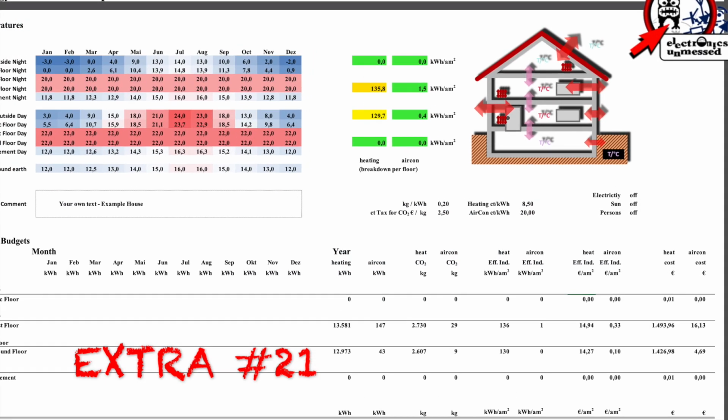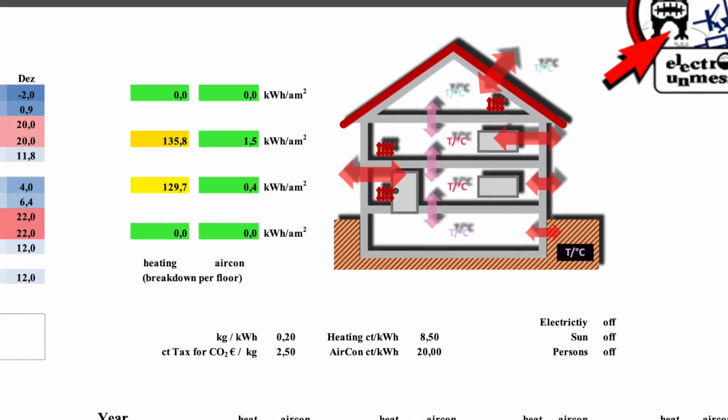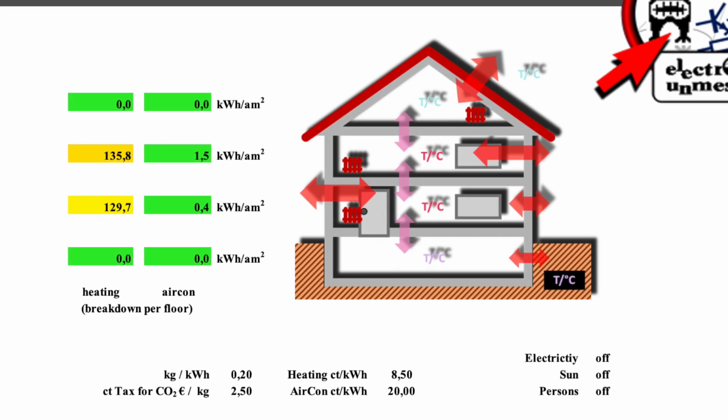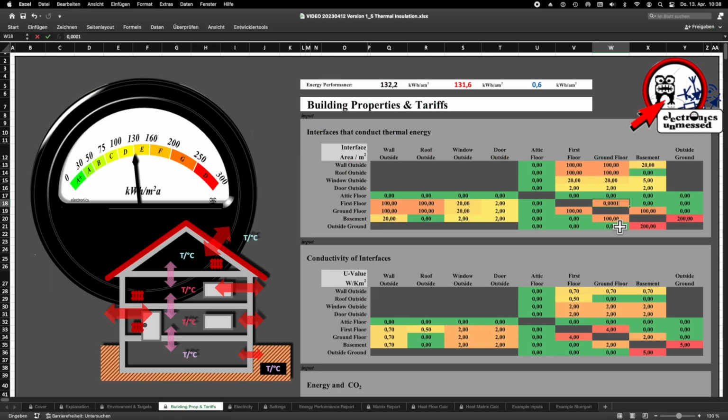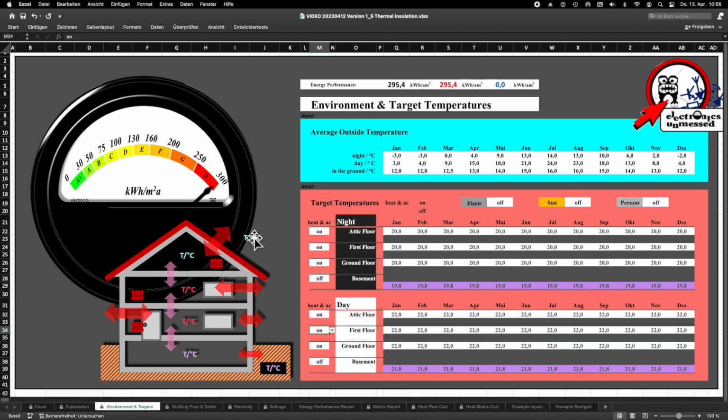In the last video, we discussed the energy efficiency report, which gives us detailed information about the heat flows, consumption values and cost. It is definitely worth simulating different scenarios for comparison if you want to renovate a house. In previous videos, I explained how to map the thermal insulation properties of the roof, the walls, the doors, the windows and the false ceilings in our Excel tool. And of course, you can also take local climate data and user behavior into account.